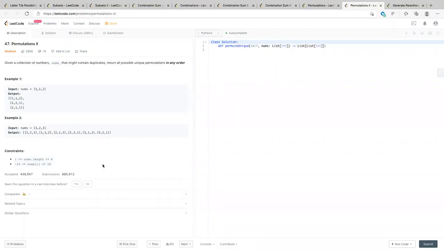And I think in the last week there was one girl. She was implementing tiles possibilities, or I think permutations 2, in Java, right? What she was doing is using sorting and also using results, and results was actually a set.